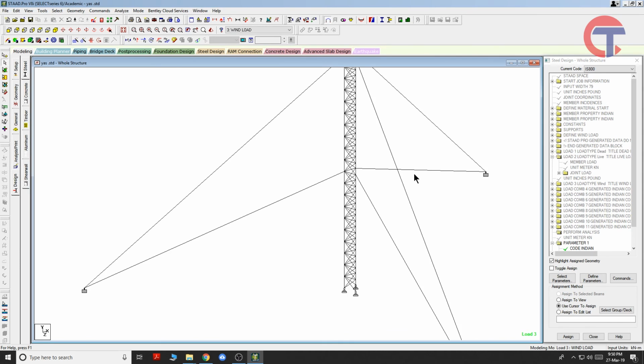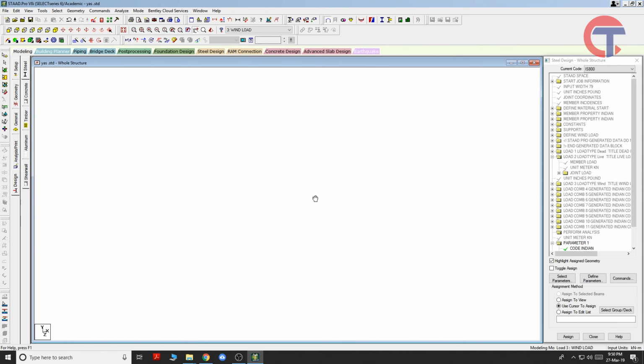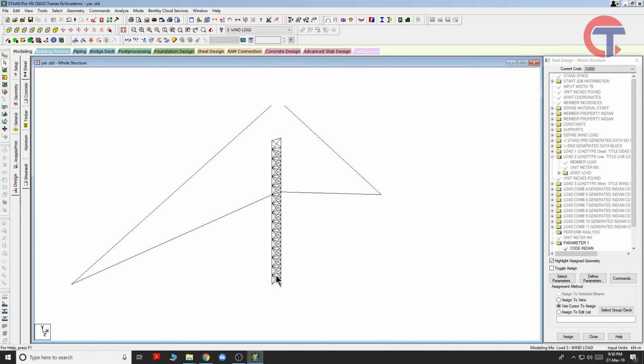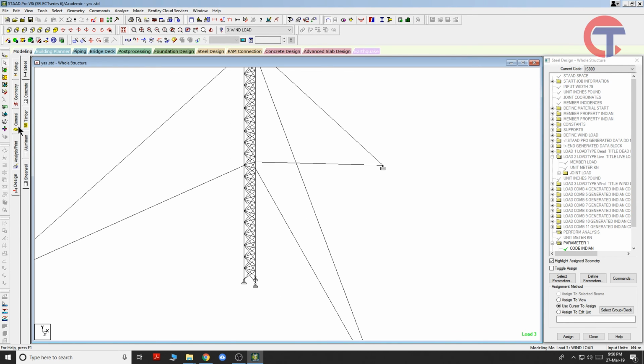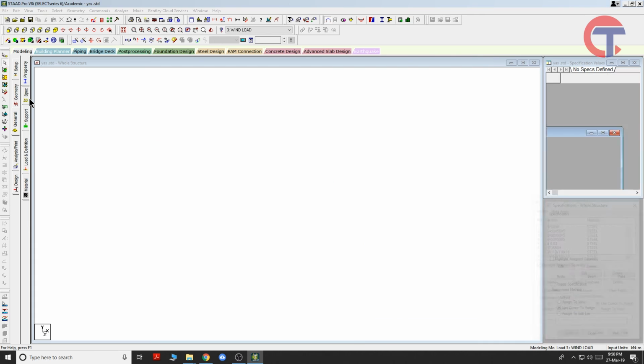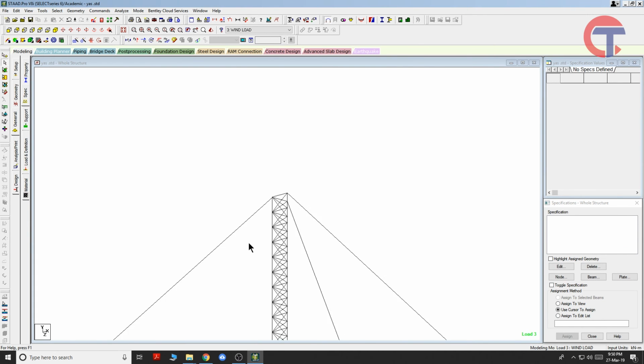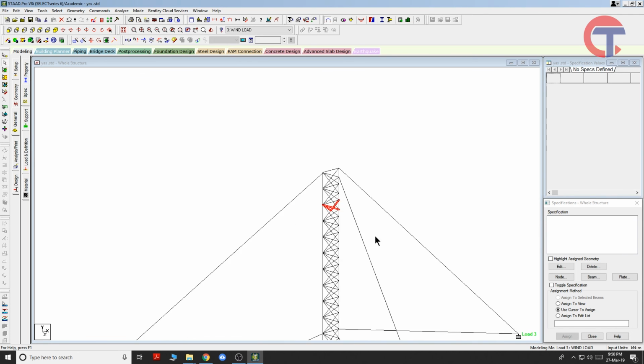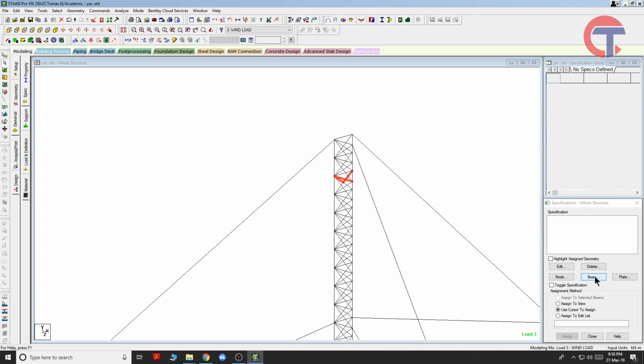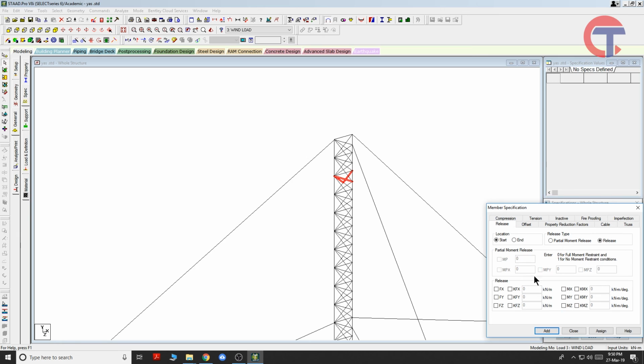So we are clear with the warnings, but still this entire model is not correct because they have not used any specification. As I taught you in the previous ground-based telecommunication tower series, you have to use this release for each member, and then you have to apply cable property for the